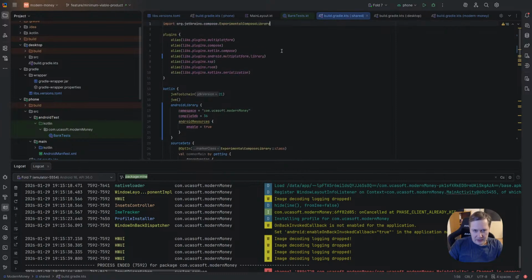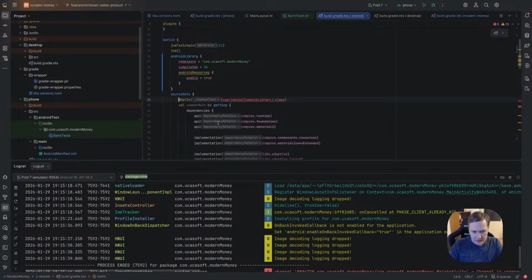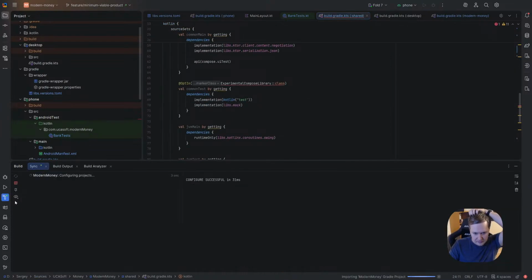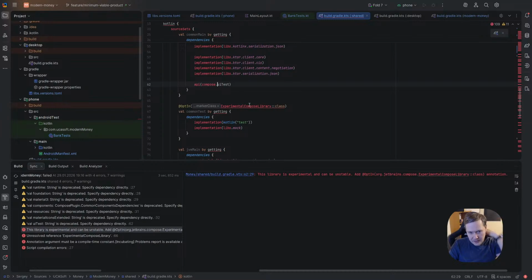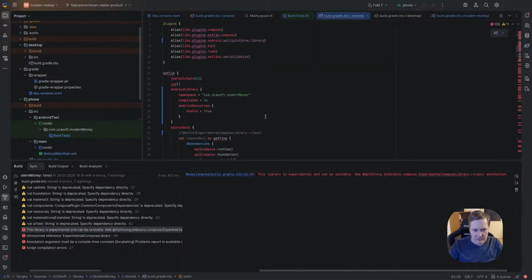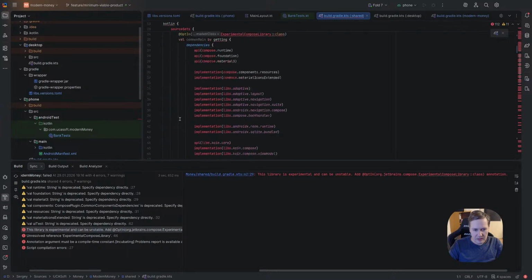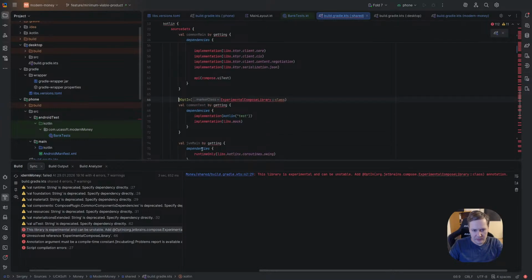It tells us that we don't need to use this experimental library. Let's try to remove this opt-in. But now it started to blame that we still use it. Okay, let's try to remove it at least from here.